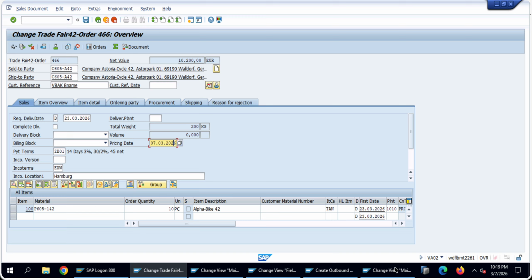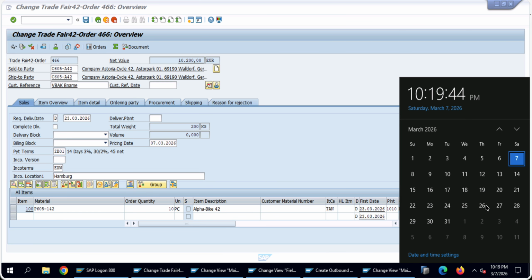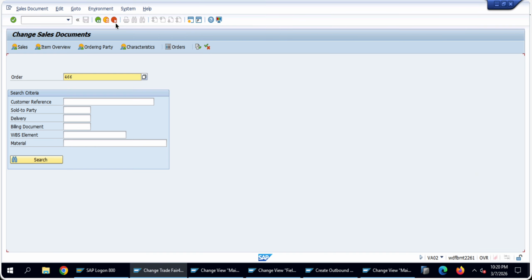As you can see, the 7th, excluding Sunday, we have 5 days, 10 days, so the next upcoming date is the 23rd. But if I change it to a 2-day lead time, I could expect only Monday and Tuesday. So I think the requested delivery date should be the 11th of March